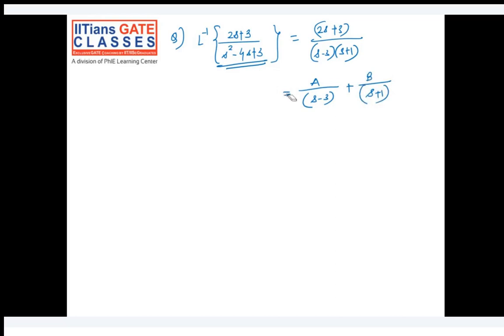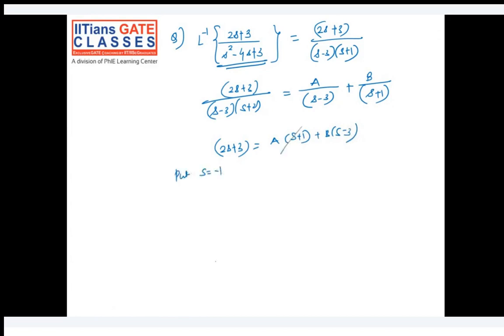So 2s plus 3 divided by s minus 3, s plus 1 can be written like this. So in general, I can write now 2s plus 3 can be written as A times s plus 1 plus B times s minus 3, right? If I put s is equal to minus 1, this term will go, and it will be minus 4B is equal to 1. This implies B is equal to,